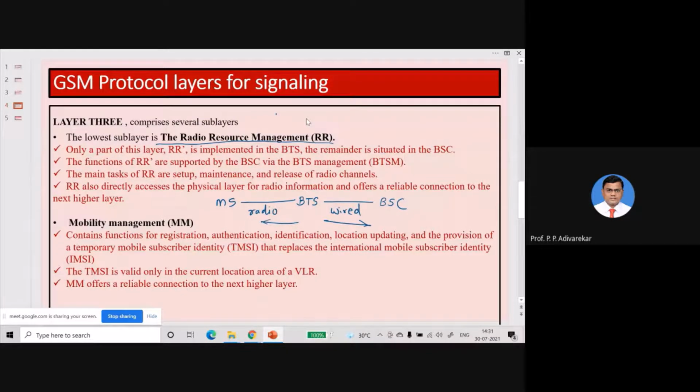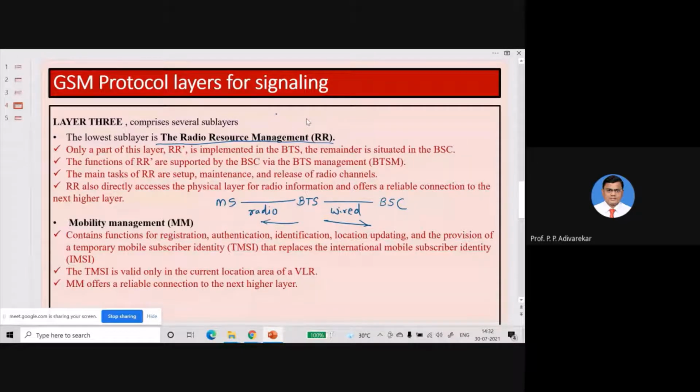Okay, and it offers a reliable connection to the higher layer. So once the connection is set up, higher layers will get involved, because the connection is wireless and users can be mobile, so higher layers will also be responsible for the maintenance and release of the radio channels.